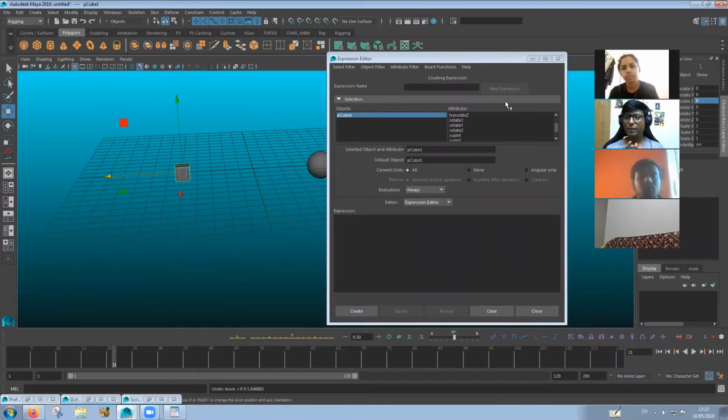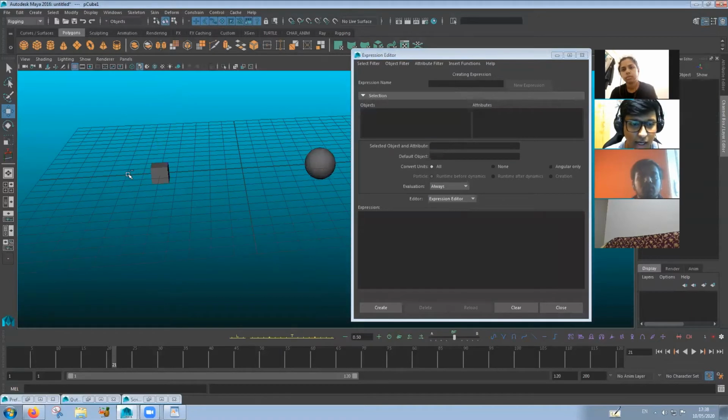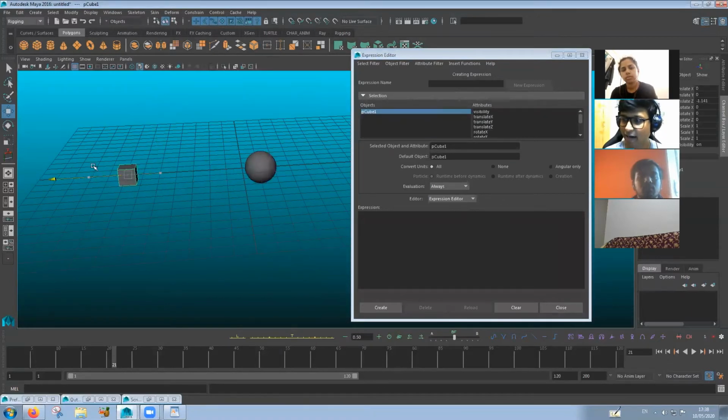I understand if people are not getting it right away right now, but I will show it with examples of how it will be useful in rigging later. But just bear with me for now. Let me just clear out the concepts. So this is doubling the effect, all right?